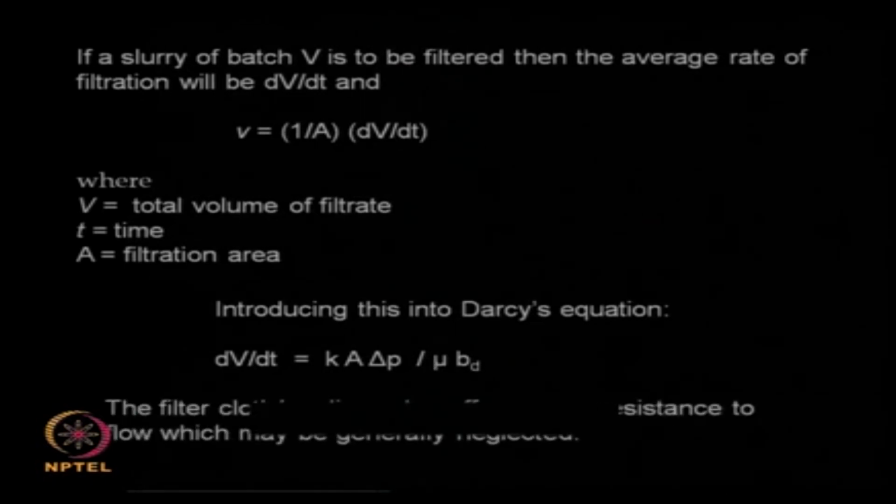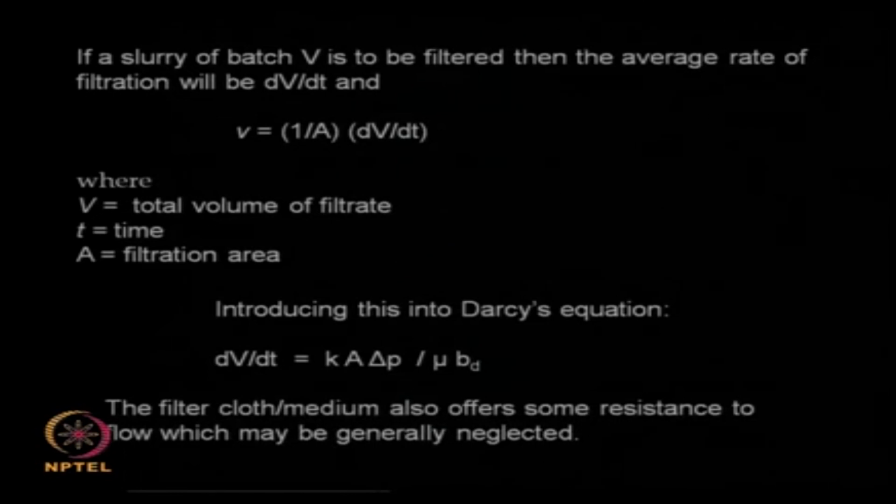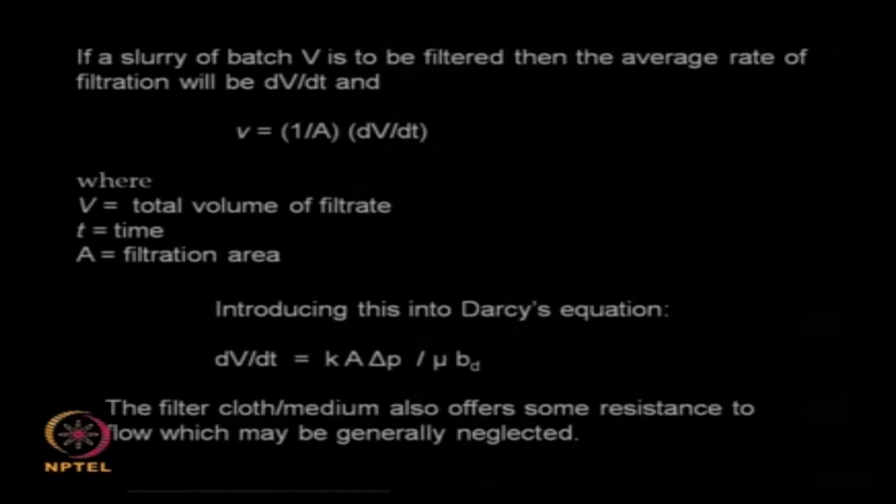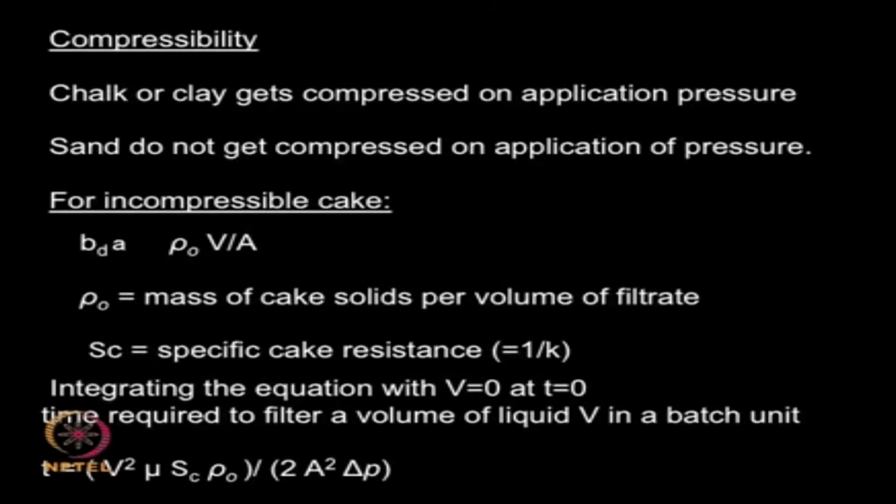Now there are several assumptions which we need to make before we actually solve this particular equation to arrive at something meaningful. The first assumption is that the filter cloth or the filter medium does not offer any resistance. If you assume that, then it is very simple for us to integrate this equation and arrive at a relationship for time as a function of all these parameters. So we will assume that the filter cloth does not offer any resistance, number 1. Number 2,